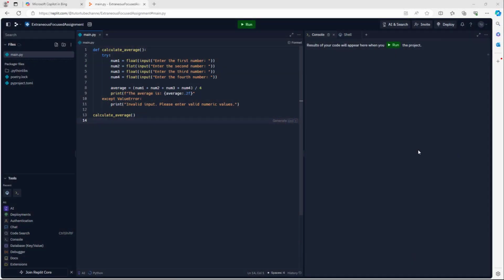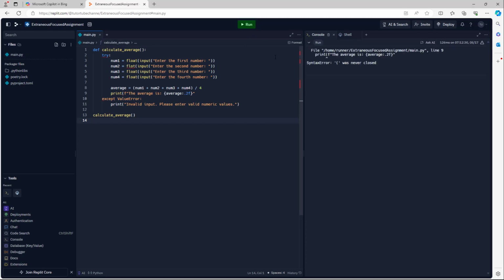So over here you can see that I have a programming code right here, and if I were to click on run, then it won't run because there are some errors in this code. So what you can do is you can utilize Copilot to debug this code as well. So to do that, you need to copy out the code or the portion of the code that